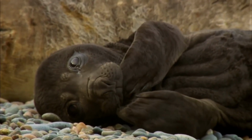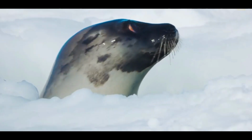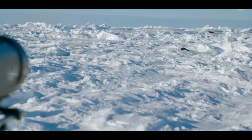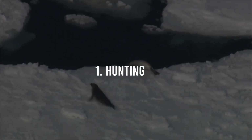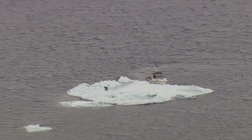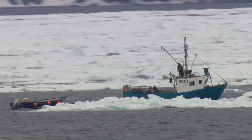Seals face a variety of challenges in the wild, and these challenges can have a significant impact on their populations and habitats. Some of the most significant challenges that seals face include: Number 1. Hunting. Seals are often hunted for their meat, fur, and other products, and this hunting can have a detrimental impact